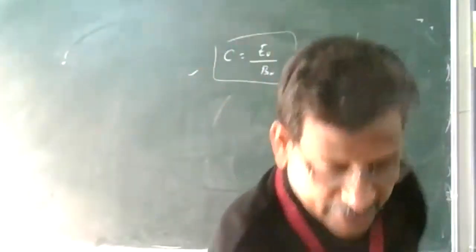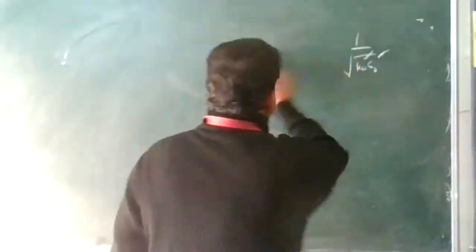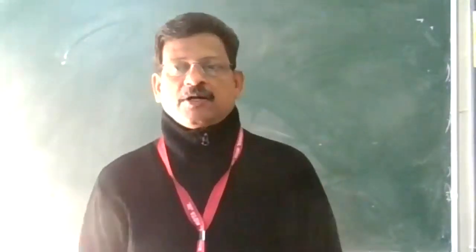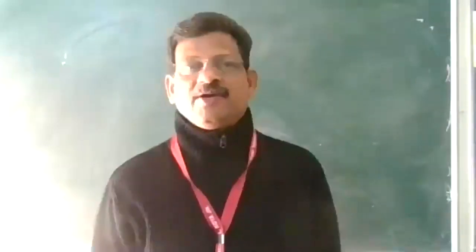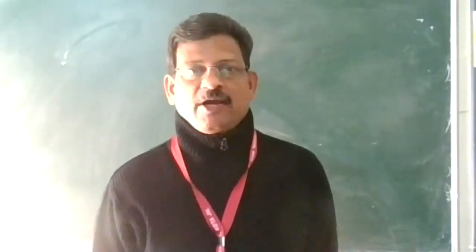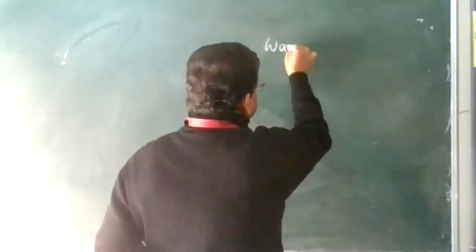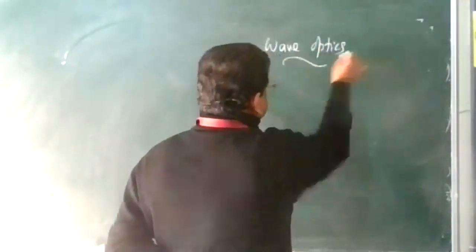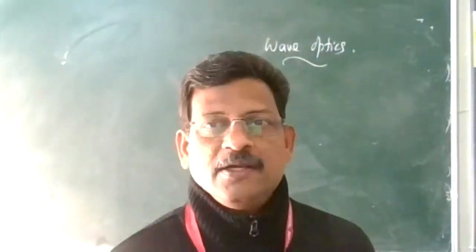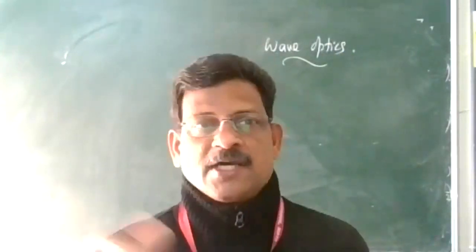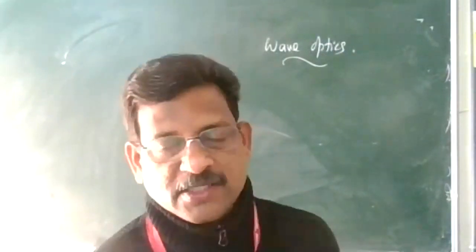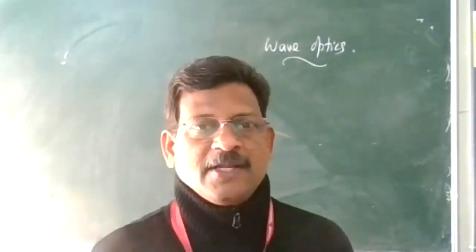The next chapter is wave optics. In an electromagnetic wave, there is an E vector and a B vector. E naught is far greater than B naught, so we call the E vector the optical vector. In this chapter we will see wave optics: interference, diffraction and polarization. In polarization, we again see the optical vector, the E naught vector. Its vibrations are confined to a certain plane, which we call polarized light, as opposed to unpolarized light. So wave optics has 3 parts.